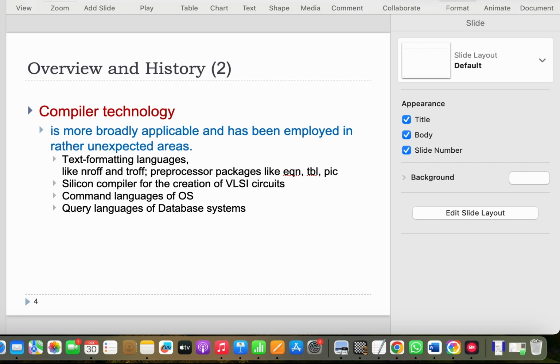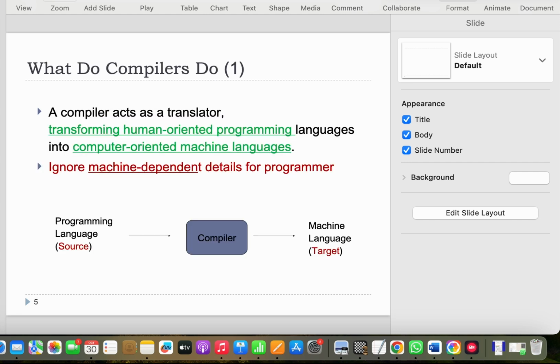Compiler design, this subject has a connectivity with automata theory. So the concepts that we have studied in automata theory are used in designing the compiler. First point is that,